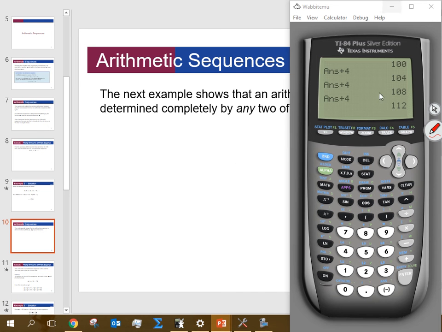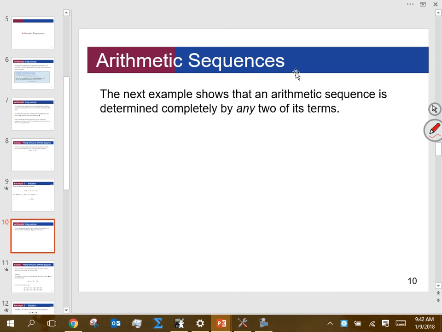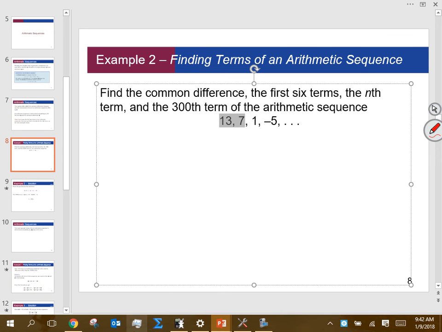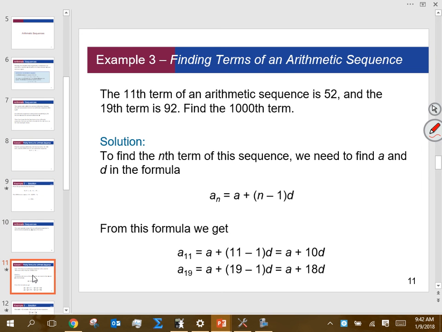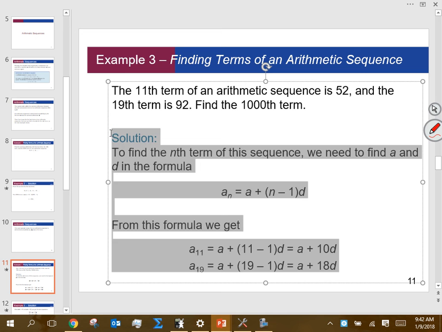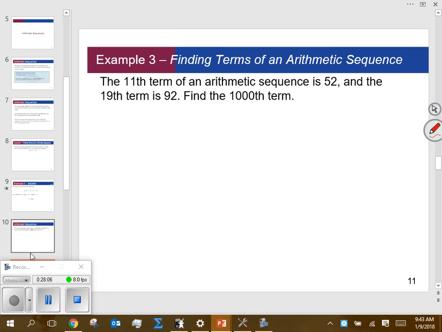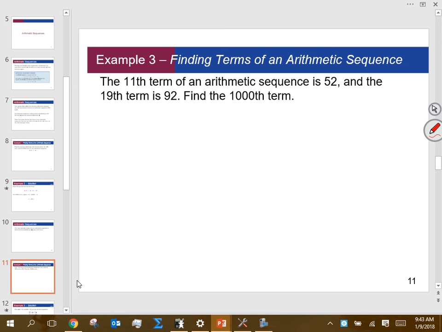And how many times I've hit enter tells me the term or the location of my sequence, that n value. All right, so what is nice about an arithmetic sequence, guys, is if I know the first two terms, I can find any term I want to, right? But what is nice is that if I know that term, but I don't know this one, and I don't know that one, but I know that one, I can also find any term I want to. Okay? So what is interesting about arithmetic sequences, as long as you know two terms, you know all the terms. Now the process of finding them is a little bit more difficult in this situation,